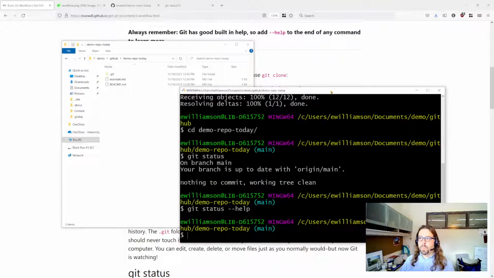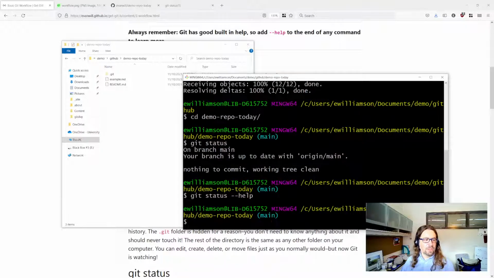So what we want to do is edit a file and see what happens. So the first thing we want to do is just go ahead and create a new file inside of our repository. And I'm just going to do this on my terminal just to simplify things for this demonstration. It's probably not something that you would normally do. And so I'm going to use the command echo, and I'm just going to put some text inside some quotes, so some interesting